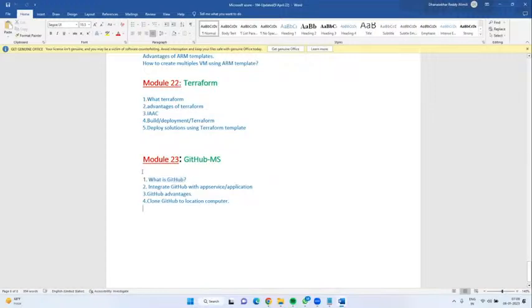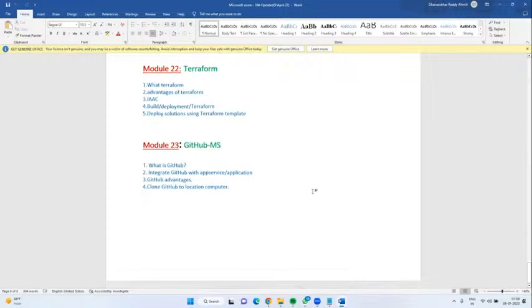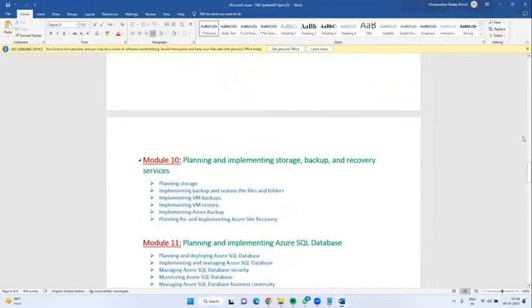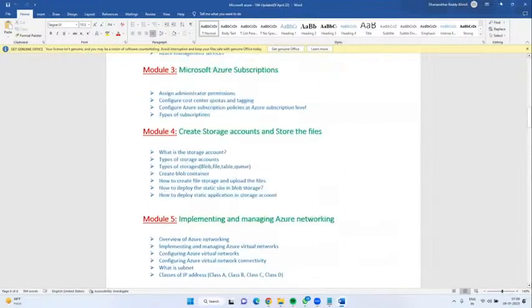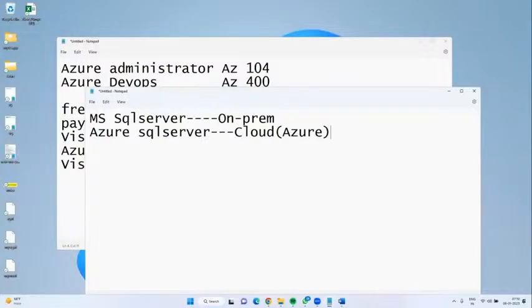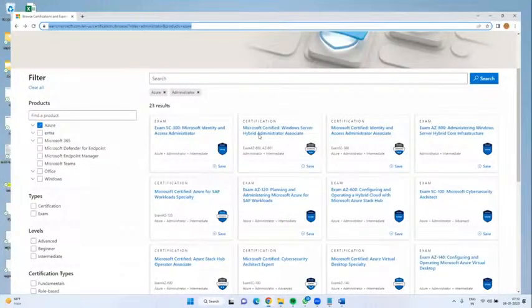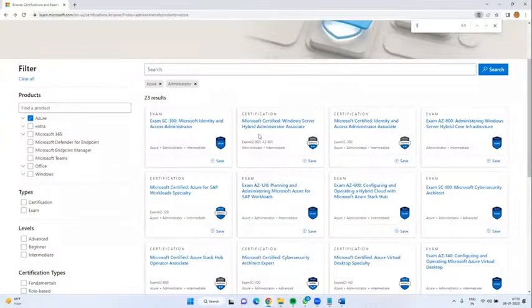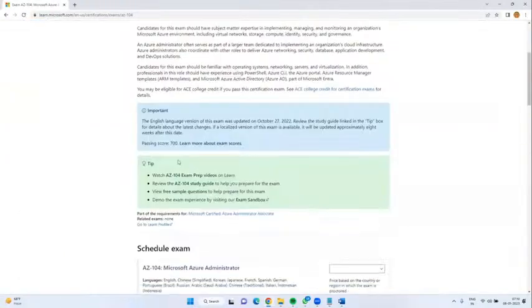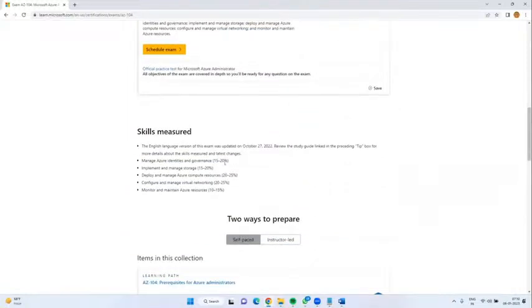Next, this is about what? The syllabus which I am going to cover is the AZ-104. If you have more queries, happily you can go to the Microsoft official site. I said, right, AZ-104, click on it. Here we have the syllabus. Have a look at what they are covering.